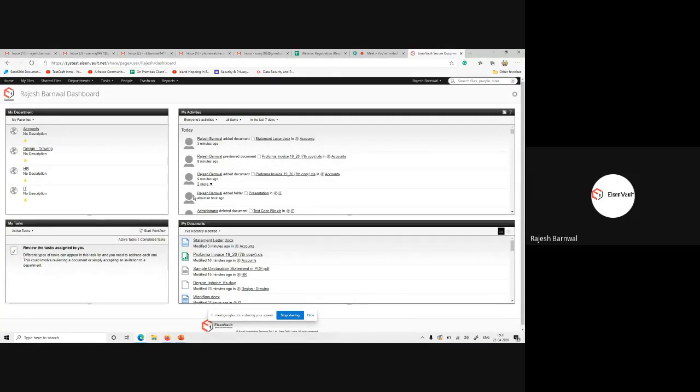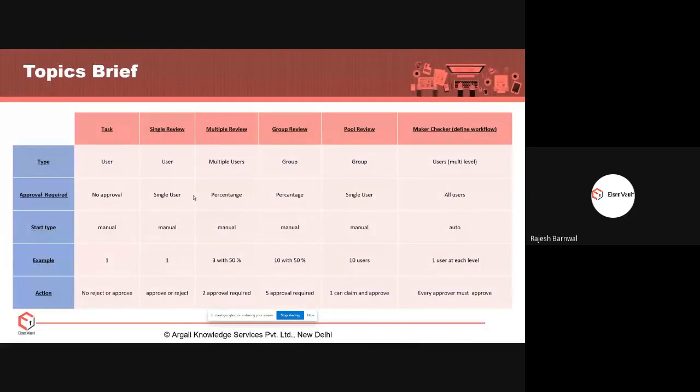Now we have one more workflow, that is maker checker. So this workflow is automatic. You don't need to do anything. You just upload the files and the workflow starts automatically. So it's a multi-level workflow actually. So you have to set first who is the first approver, who is the second approver, and who is the third approver. Let's say, suppose an HR manager created